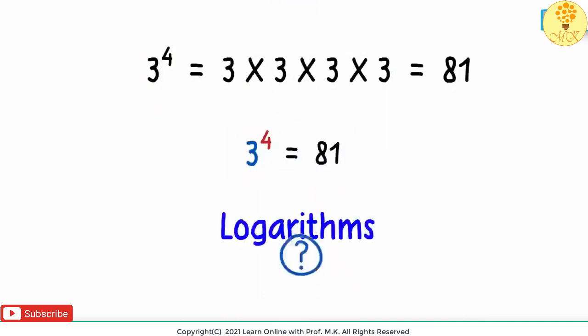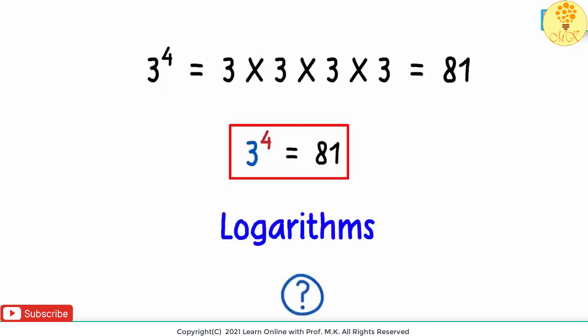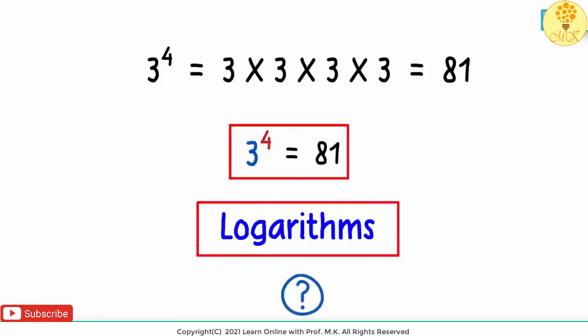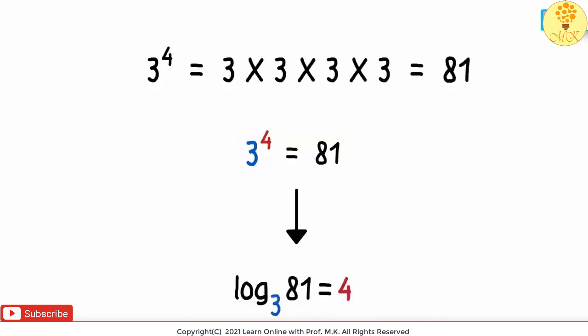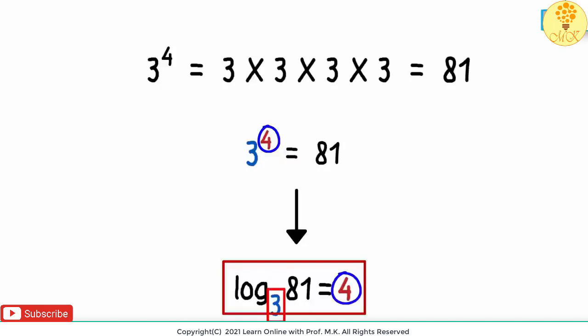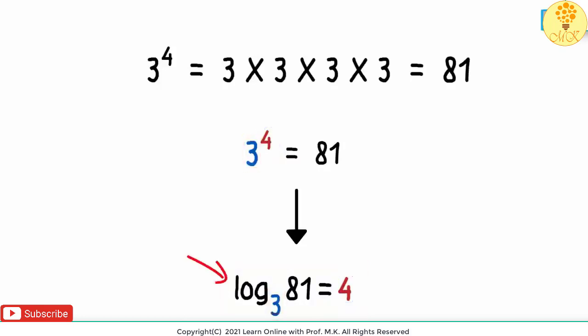What are logarithms then? Now this exact same thing can be written using logarithms. This can be written as logarithm of 81 to the base 3 is equal to 4. Yes, logarithm can also be written as log. But look at this expression carefully. The power or the exponent is the answer and the base of the log is the base number. So in the log expression, we are asking 3 raised to what will give us 81?